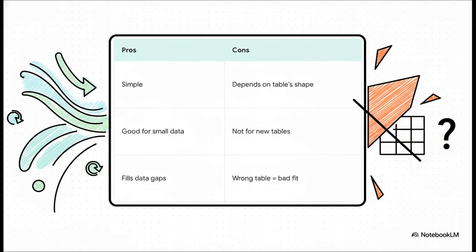You're basically borrowing its shape. Now, this is a fantastic method when you don't have a ton of your own data, because you're using the solid foundation of the standard table to fill in your gaps. It's a quick way to get usable rates, but, and this is a huge but, it comes with a major risk. If you pick the wrong template, a table that doesn't really match your group's experience, your results are going to be fundamentally wrong. You'll have basically forced your data into a shape it doesn't belong in.